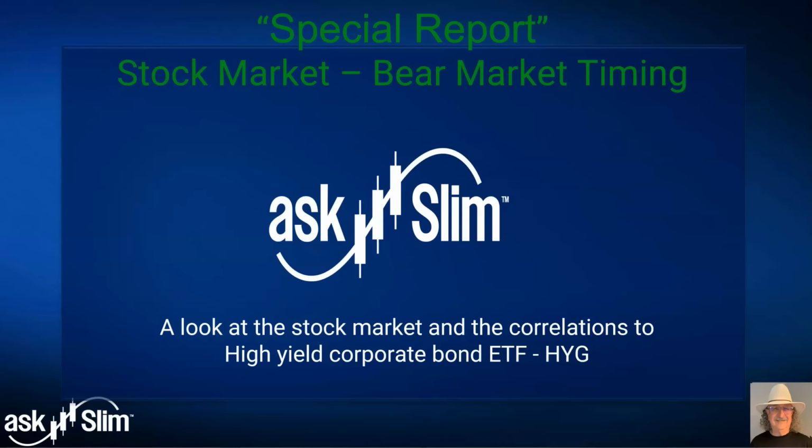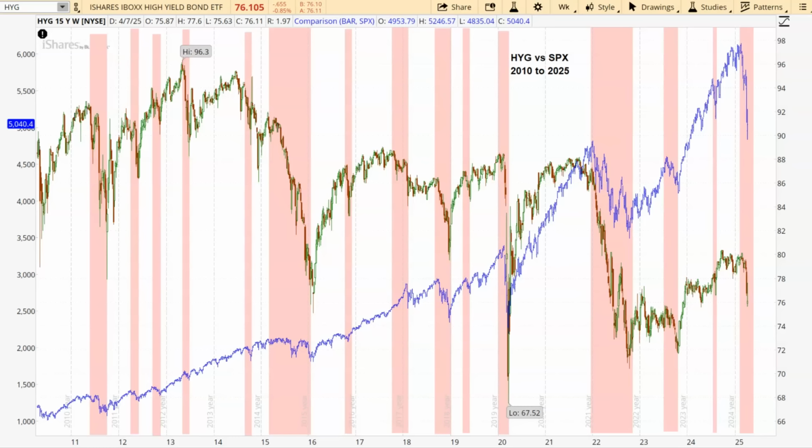This is a special report, stock market, bear market timing. A look at the stock market and the correlations to high-yield corporate bonds. We'll look at that ETF, that is HYG. I'm going to start out quickly by showing you a chart here that's pretty unusual, as it shows you a